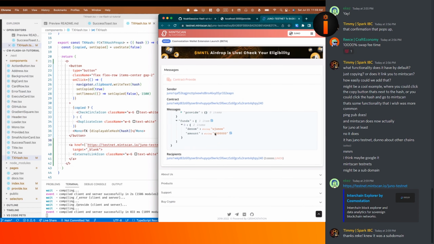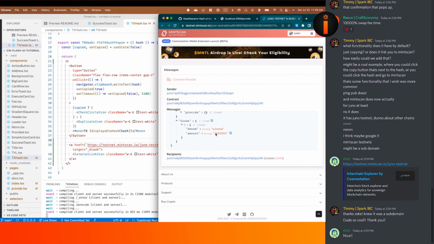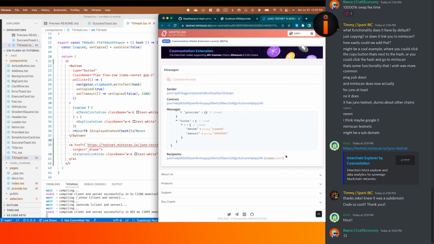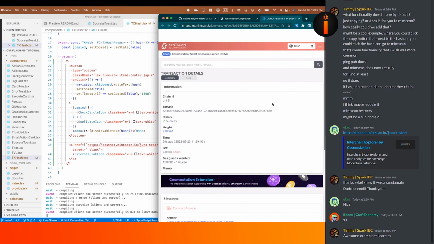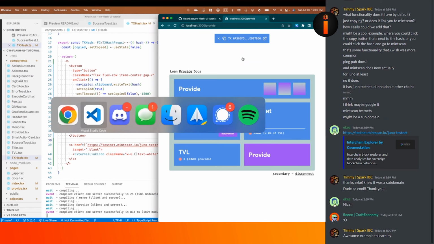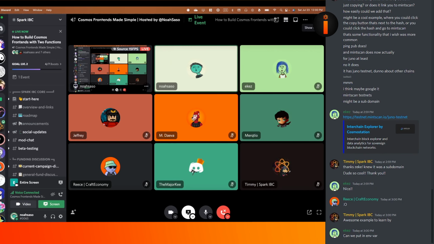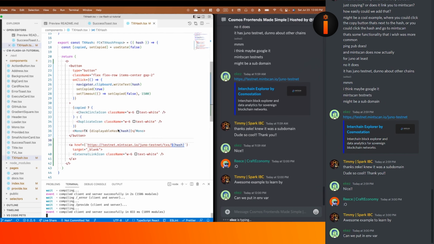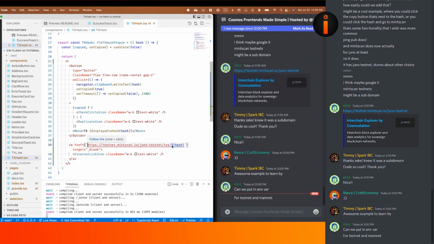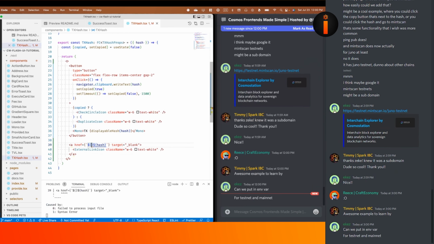Transaction. 3 u Juno X, which is 3 million u Juno X, which is 3 Juno X. Like you can see right here. Cool. Yeah. We can put it in an envar. Exactly what we should do. We should always put these things in envars. So now we can say